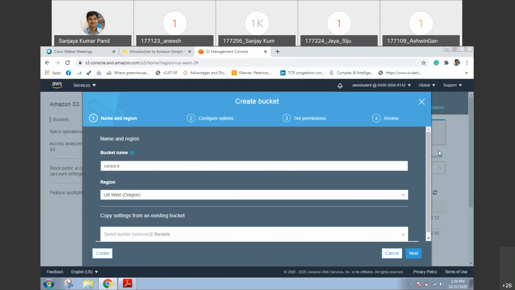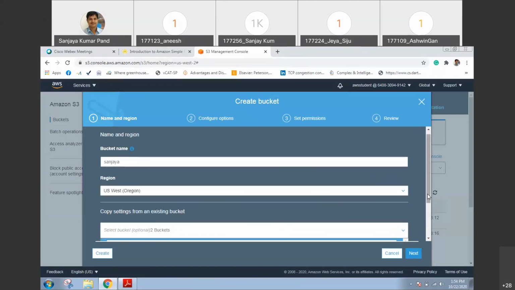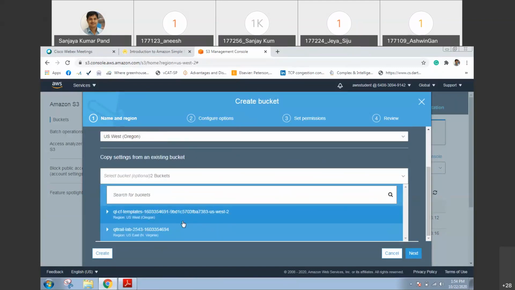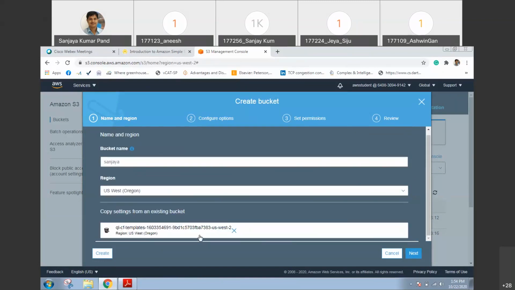Now I want to just copy one of the configurations. Any configuration you can copy, but I am copying this US West configuration. With the same configuration, I want to apply to the bucket. Then you can click the create button, or if you want to go for other configurations, for example,